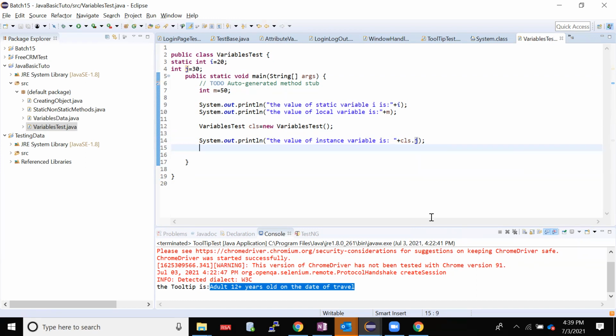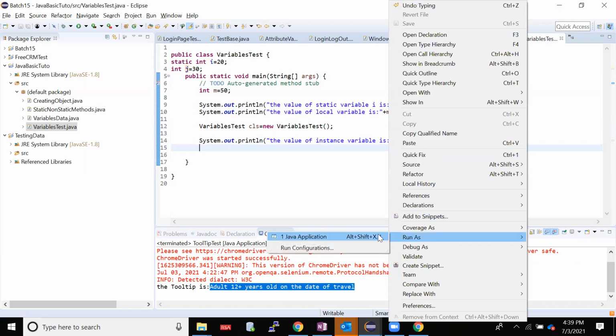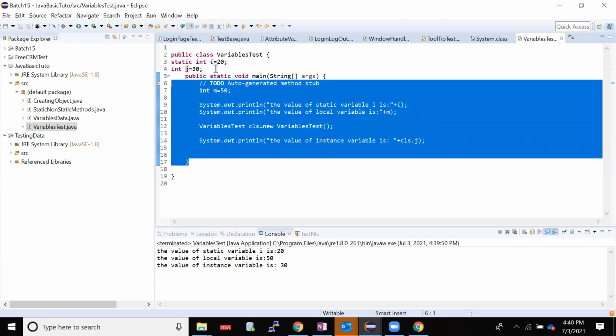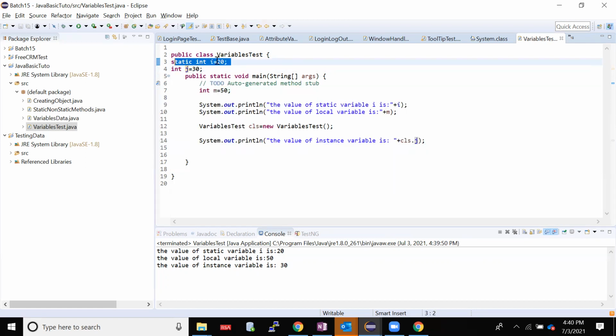Now I'll just run and show you people. See, you'll be able to see: static variable is 20, local variable is 50, non-static variable is 30. This is all about static, instance, and local variable. Local variables are the ones which are there inside of a method, inside of a for loop, inside of a block, and will have access within that scope only. You cannot access them outside this method. Static variables are globally available, you can use them anywhere within this class. Non-static or instance variables you can use with the help of an object reference. Understood? This is all about the